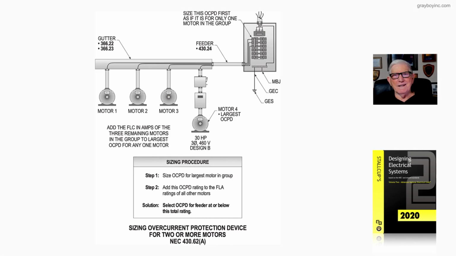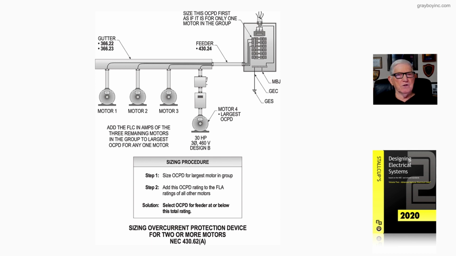Now this figure 18-27 illustrates sizing the overcurrent protection device ahead of a feeder that is routed over to an auxiliary gutter where taps are made to supply motors. Now basically, to start with, designers will start sizing the overcurrent device for one motor like it's the only motor